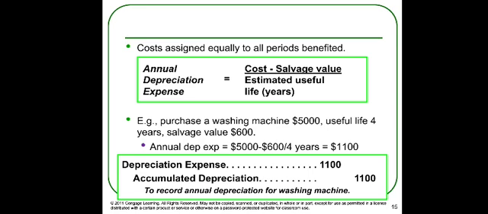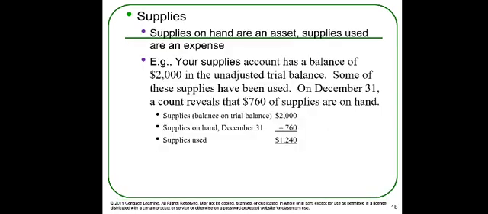Okay, this is the way to do the record for depreciation. You calculate the amount and then you record in this format: debit depreciation expense, credit accumulated depreciation for the asset. Okay, another one that you have to do, I think this is also one type of adjusting entry. Okay, another one is